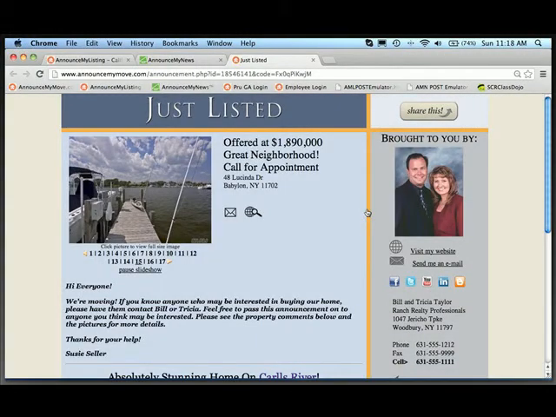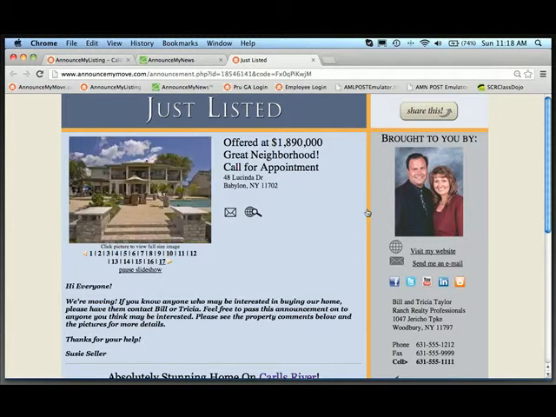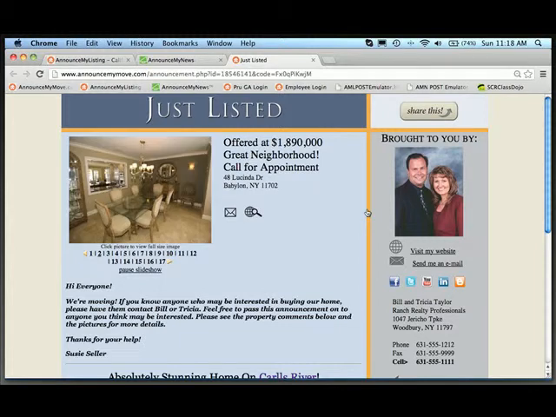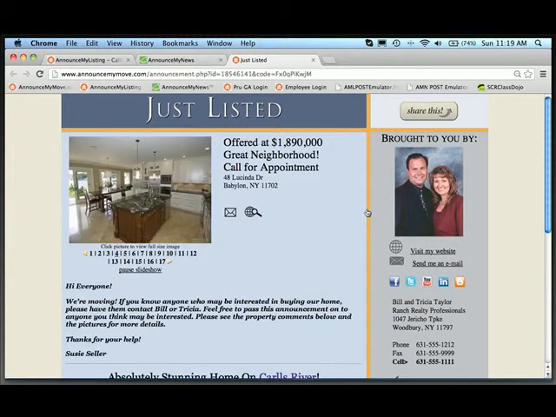The second way an announcement can be shared is that we send you and your seller an HTML email version of this announcement that can be forwarded off using your own email system to whoever you want to send it to. And then the third way is we give you an embed code. An embed code is an HTML code that's given to you in 3 different image sizes that you can post and use that embed code on sites like Craigslist, your blog site, your website, or in a contact management system like Constant Contact,